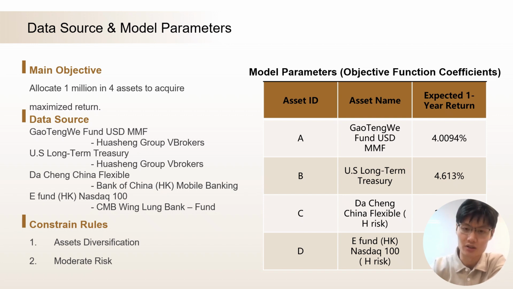We get our data resources from the Huasheng Group Wei Brokers, the Bank of China Hong Kong Mobile Banking, and CMB Wing Lung Bank's fund section. For our expected 1-year return, assets A to D are 4%, 4.6%, 20.73%, and 9.6%. To reach our main objective, we have to focus on two main rules. One is asset diversification, and another one is moderate risk. And I will pass my